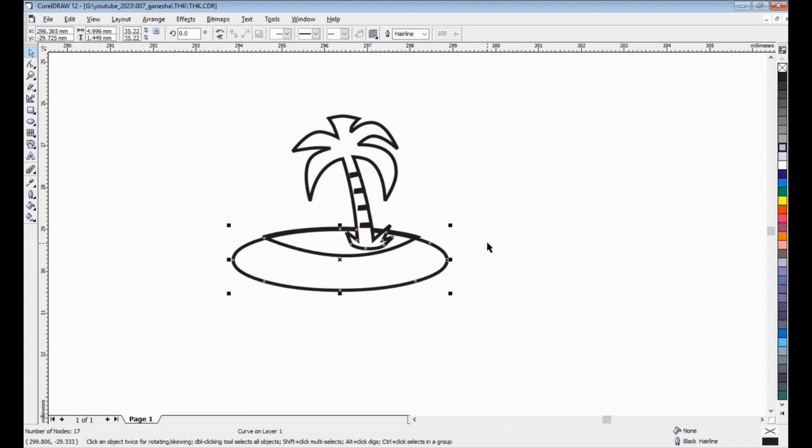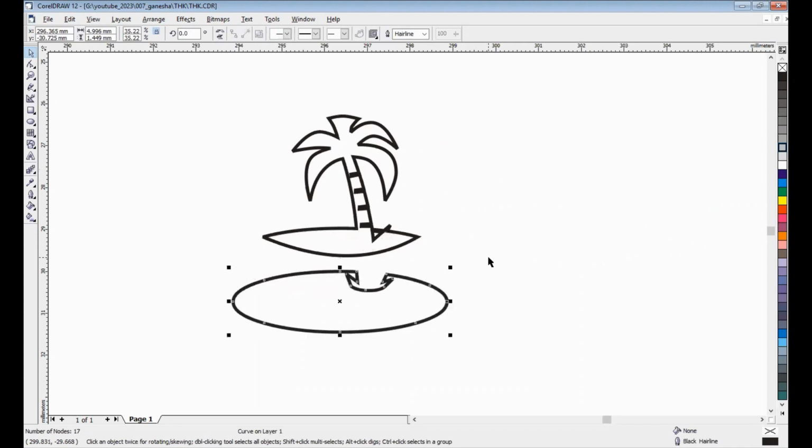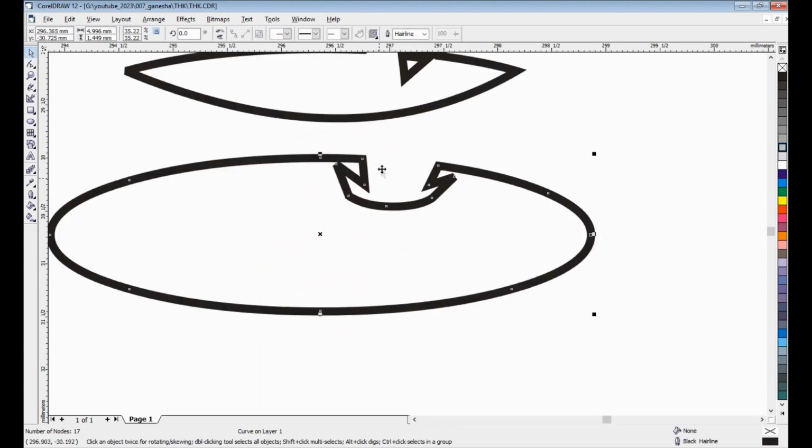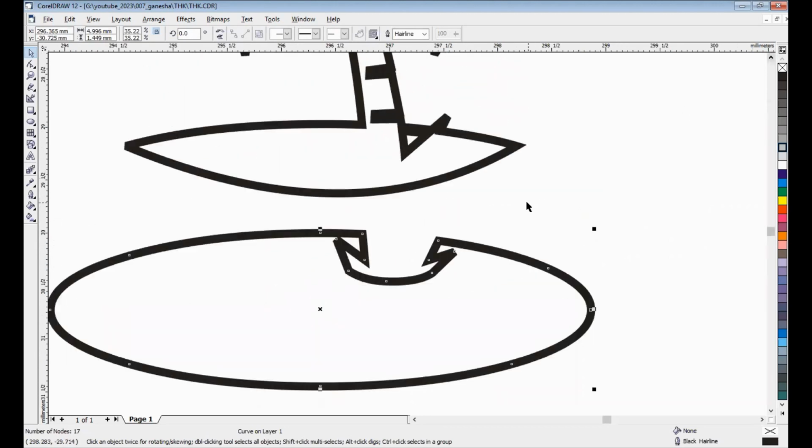Now I teach all of you how to combine this object. For example, this line continues with this line, and this line continues with this line here and here.